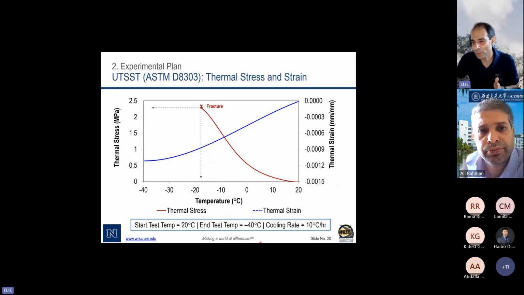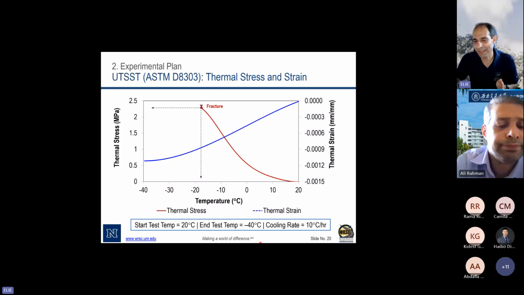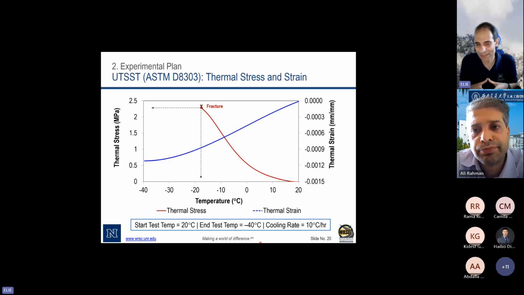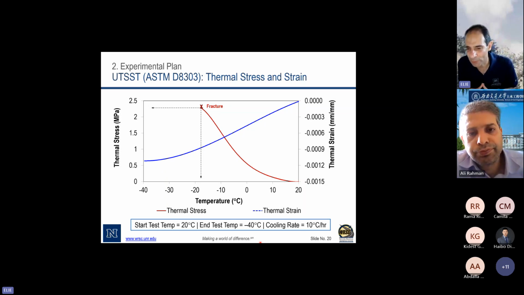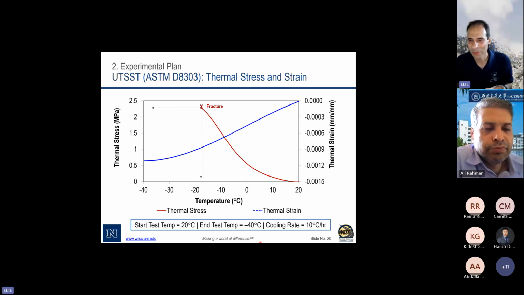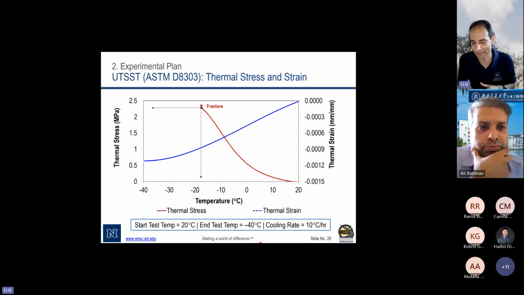The challenge is we don't have a simple test, right? The closest one is basically the SCB at a low temperature. But for the agency, that's still a little bit challenging because you have to do a notch, right? And cut your specimens and so on. So it doesn't have a quick turnaround to be used during production. So this is the main challenge: we don't have really a very simple test.